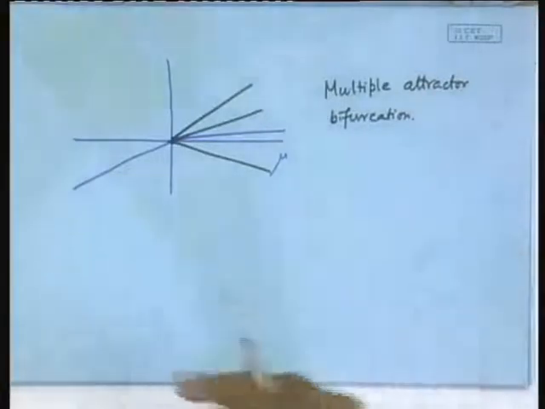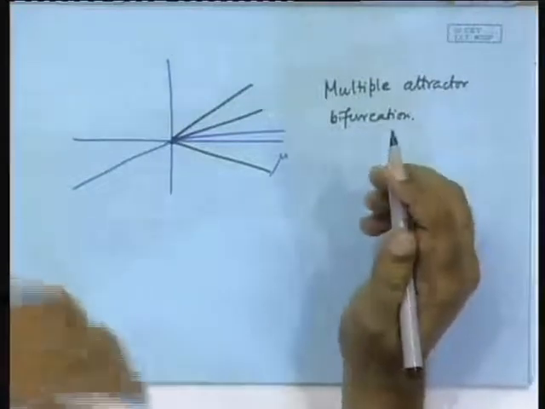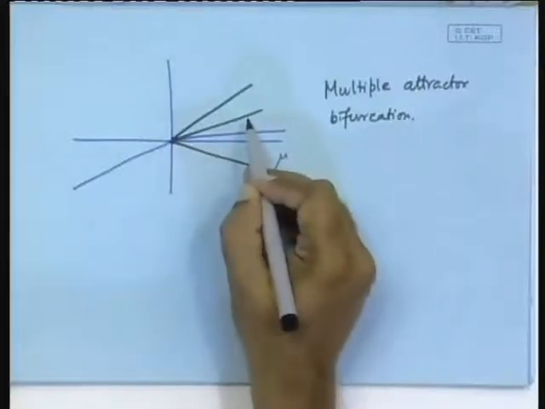Now, how to actually find the parameter range in which this multiple attractor bifurcation occurs? You see, it will be either a period 1 with a period 3 orbit, period 1 with a period 4 orbit, period 1 with a high periodic orbit, period 1 with a chaotic orbit, whatever it is, but period 1 plus something. So, I will illustrate how to obtain the range in which the period 1 orbit will exist with the period 3 orbit, because that is something that can be done. And following the same logic, you can find out in which parameter range the period 1 orbit will coexist with the period 4 orbit, 5 orbit, 6 orbit and all that.